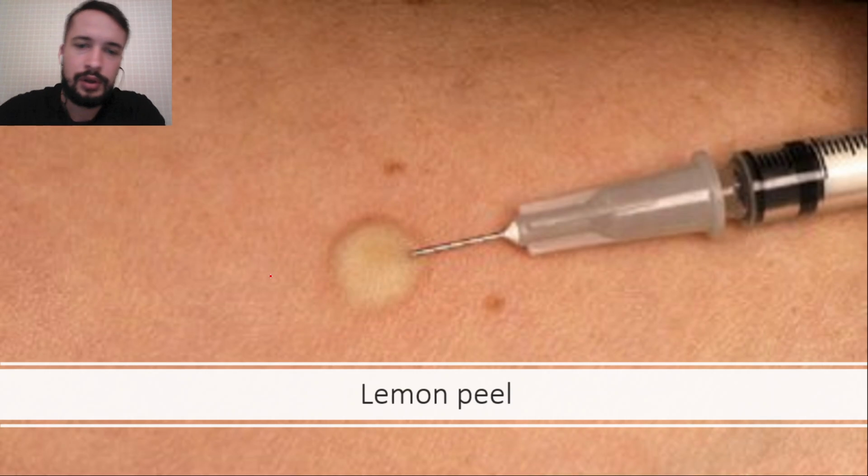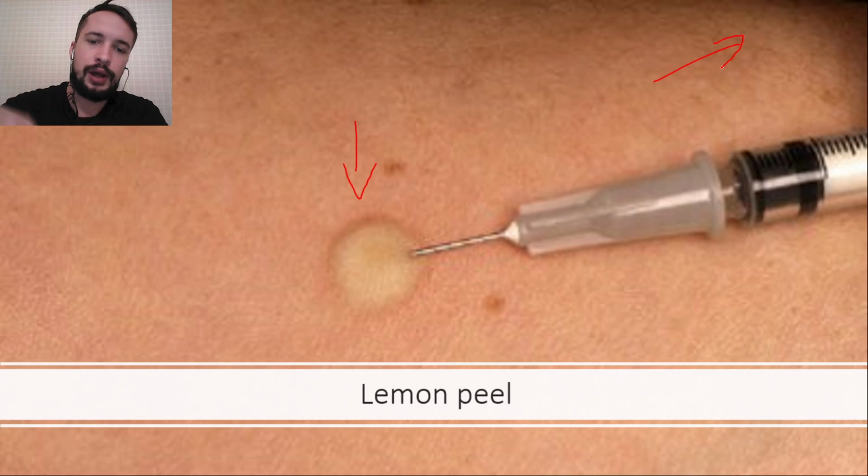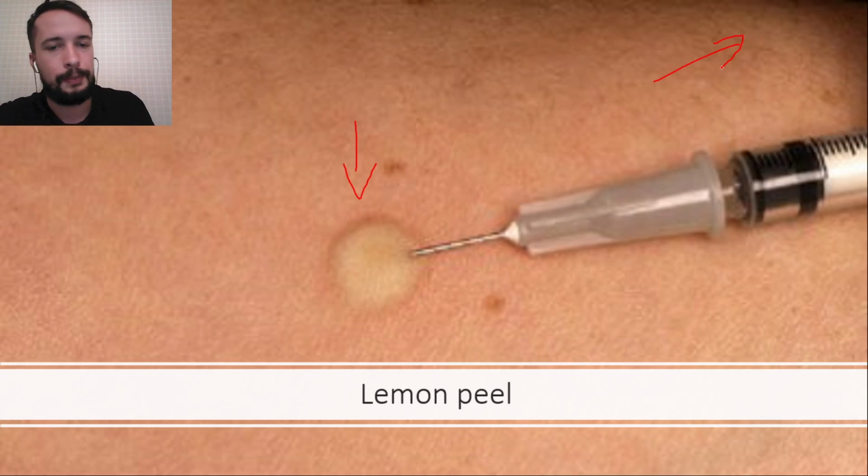Lemon peel. There you see some purple, what looks like lemon peel. There you can see a video where I do a local anesthesia, and you see then when we do incision, when we see a needle coming into the skin, you see this small bubble.